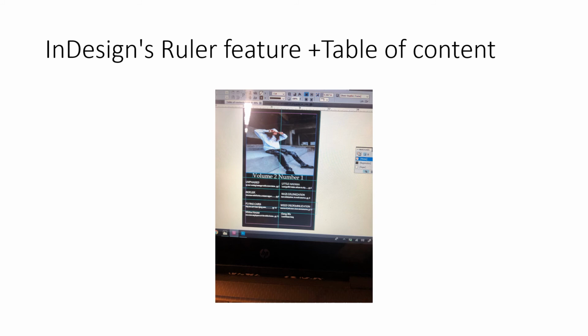and put it right in the middle, and that helped me set up the text for the table of contents on InDesign. So those rulers really helped a lot, and that's going to help me out a lot with all my future product projects because I'm definitely going to be more organized in my designs.